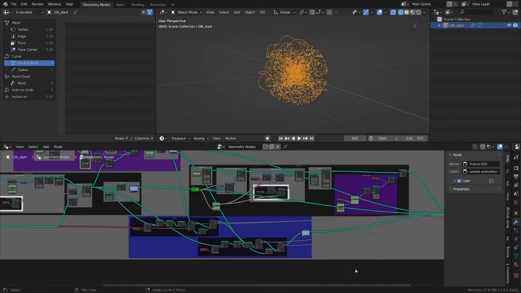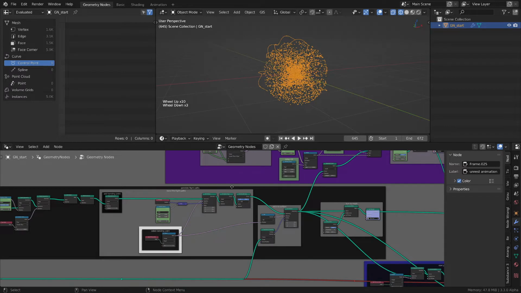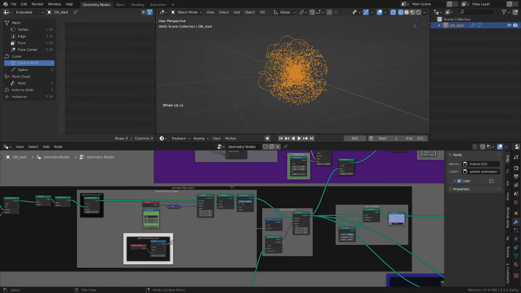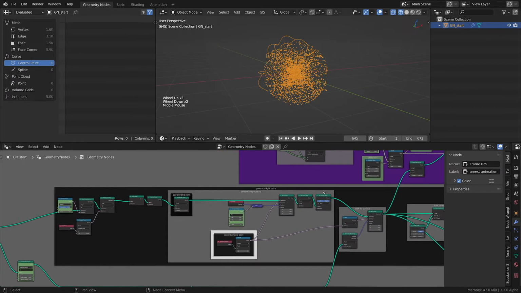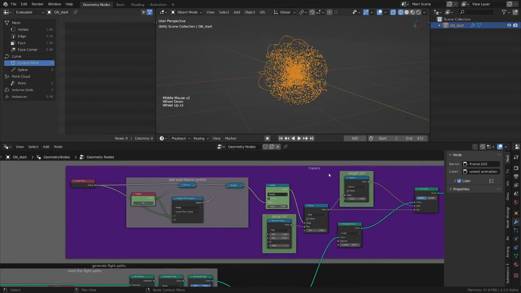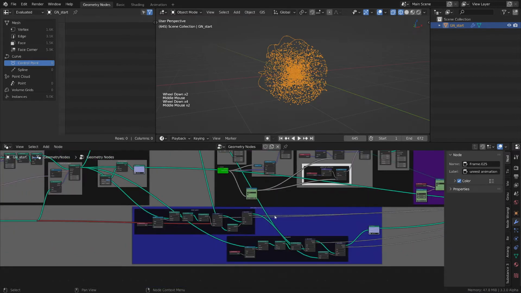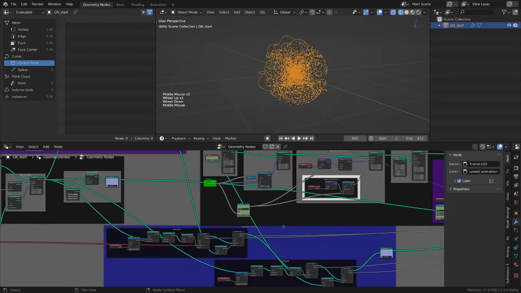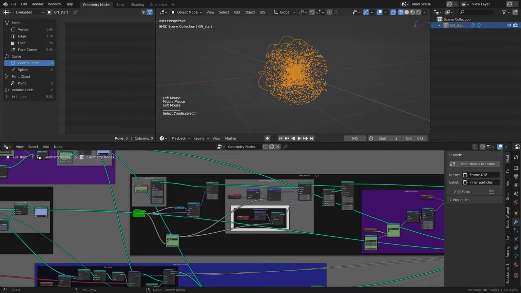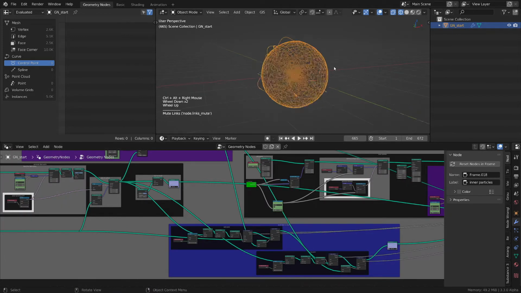If you are curious about all the other stuff that we did, you can find it all here. Check the link in the description to start from part 1 or watch any of the parts that you find interesting. We created the flight paths, we added the tracer and the animation, and we exposed some values for the shader. We also created the inner particles, the one that you see here. And of course, we have this mesh that comes on the outside,